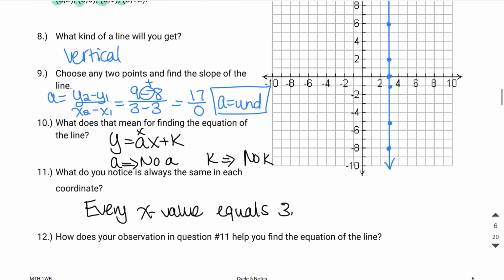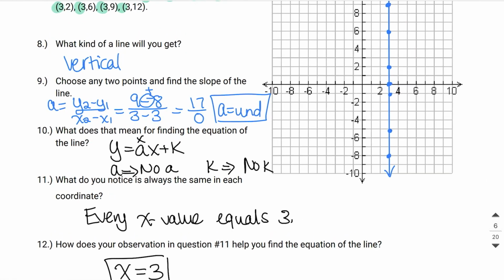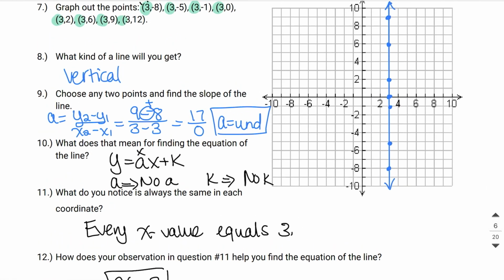So how does your observation in question number 11 help you find the equation of the line? The equation of the line is going to have to be x equals 3. Okay. So for example, if I have a line that goes through the points (7, 1) and (7, 8), for example, and then I connect those dots and I see that I have a vertical line